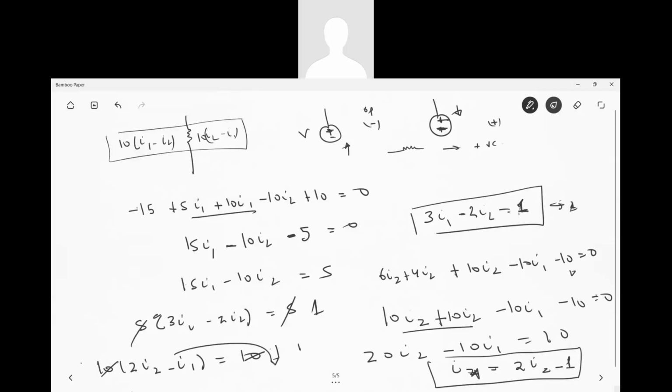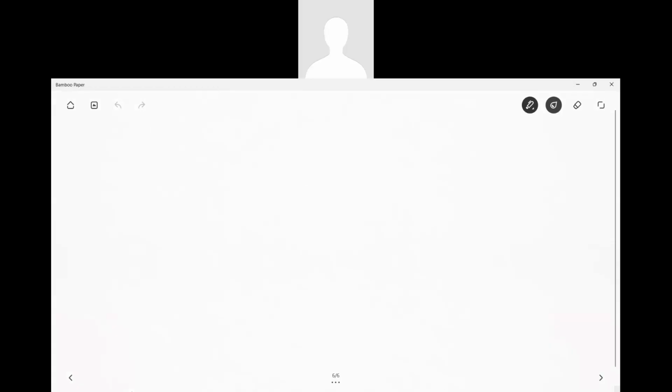So these two equations you got, equation 1 and equation 2. Now you can solve these two equations, right? If you solve these two equations, what is the value that you are going to get? You got the above as 3I1 minus 2I2 is equal to 1, correct? And this was I1 is equal to 2I2 minus 1. So just put here. So this becomes 3(2I2 minus 1) minus 2I2 is equal to 1. So this becomes 6I2 minus 3 minus 2I2 is equal to 1. So this becomes 4I2